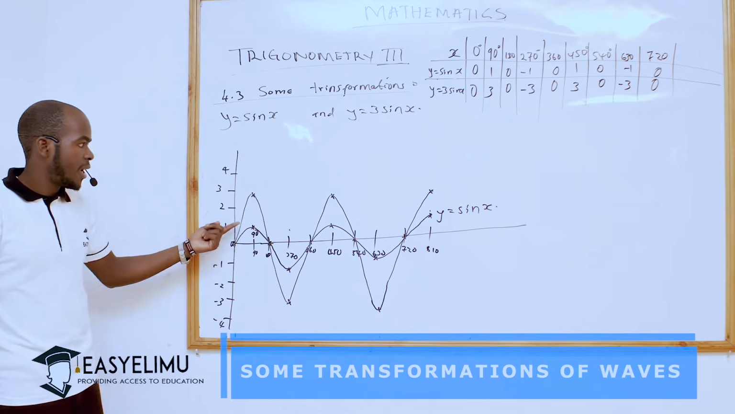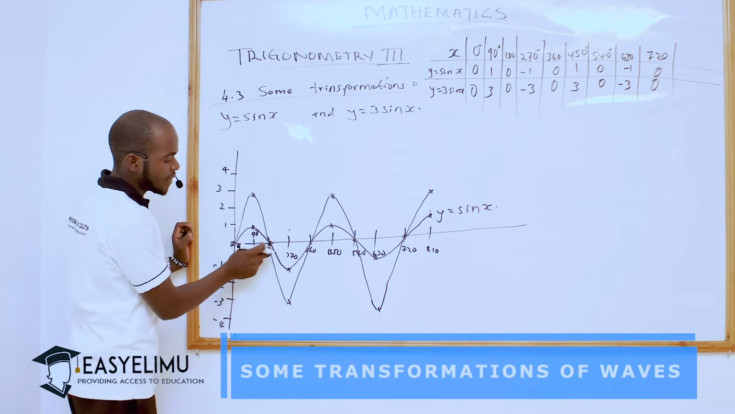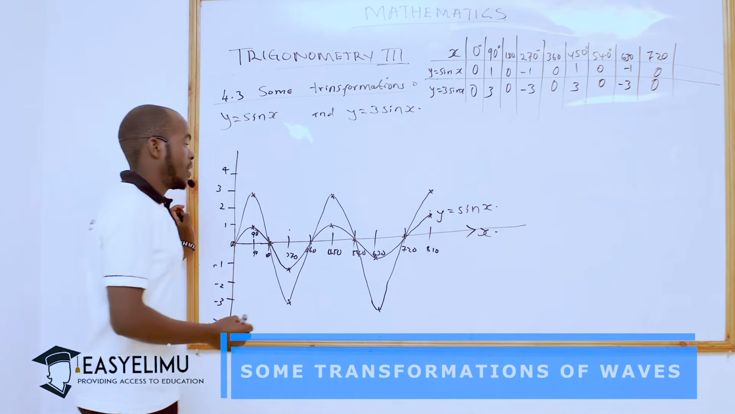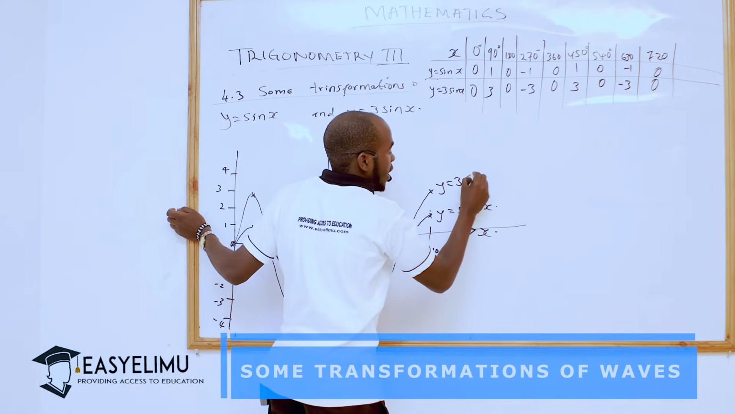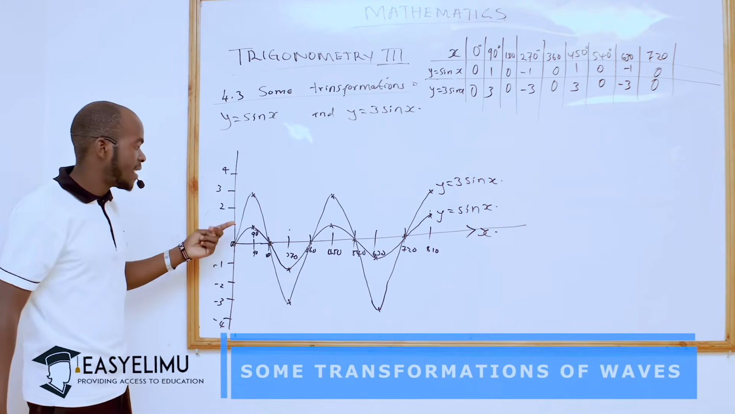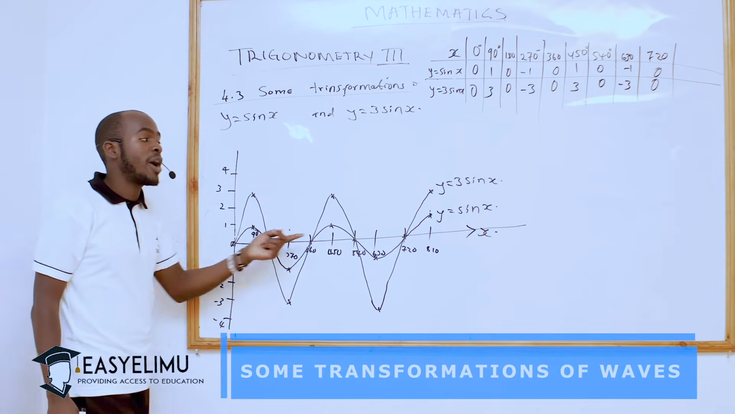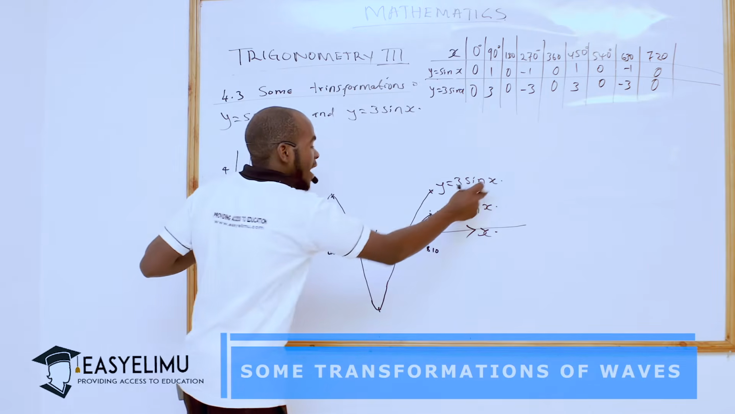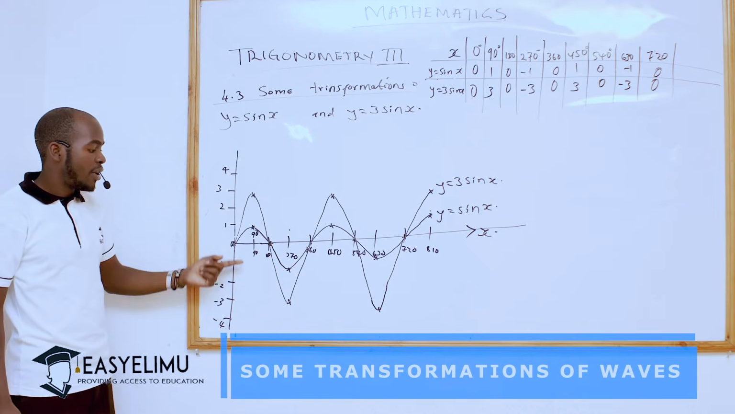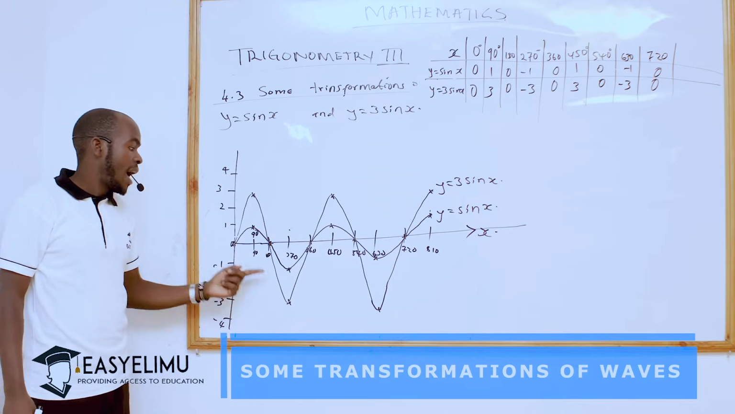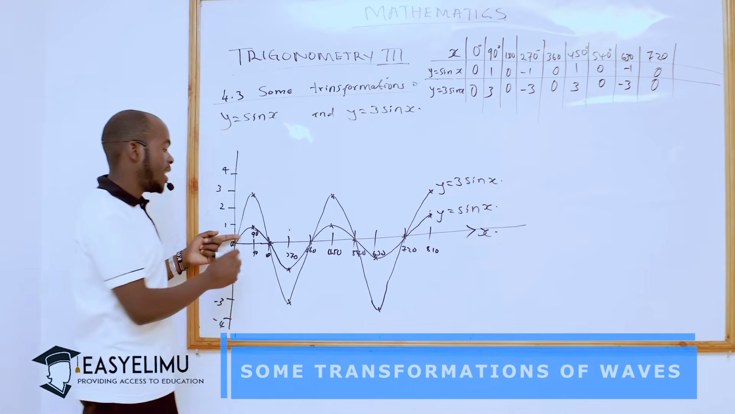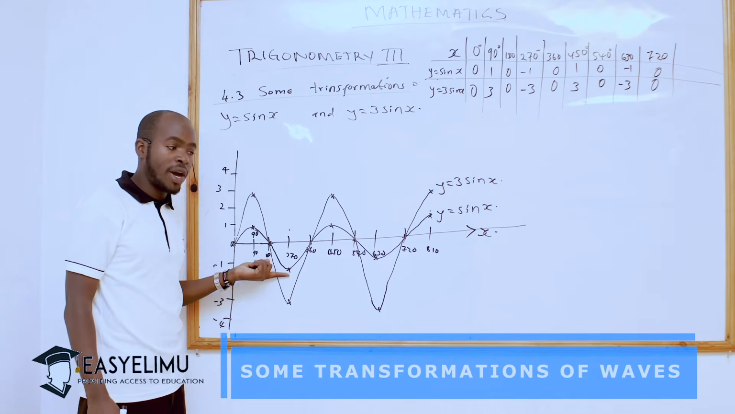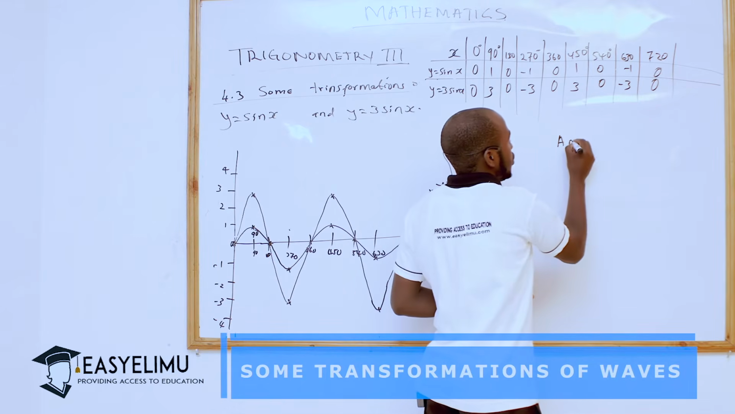We can just foretell here that the waves cut the x-axis at the same time. This is our x-axis. This is our wave y equals 3 sine x. And we have found that it cuts the x-axis at the same time as that of y equals sine x. And we can tell that this wave of y equals 3 sine x rises up to 3 and also drops down to negative 3. And that of y equals sine x, the inner one, rises up to 1 and also drops down to negative 1. So meaning that the amplitude